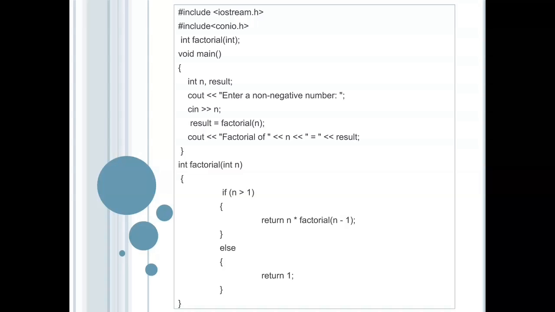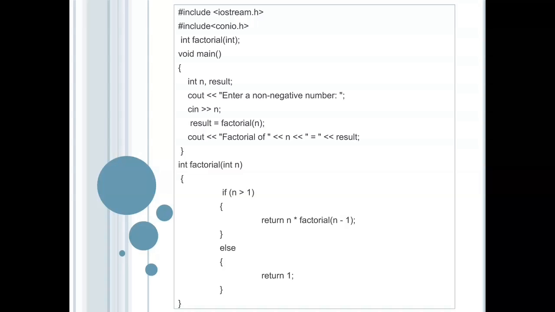So the condition is n greater than 1, that is 4 is greater than 1, condition is true. So it will execute if body. Inside if, return statement is there, that is n into factorial n minus 1, that is return 4 into factorial